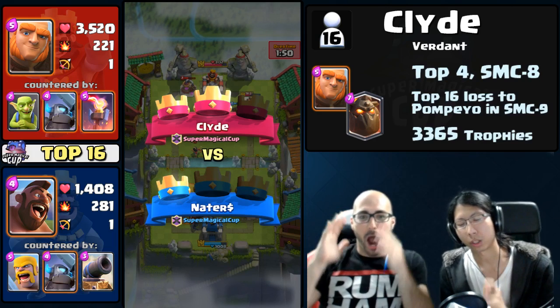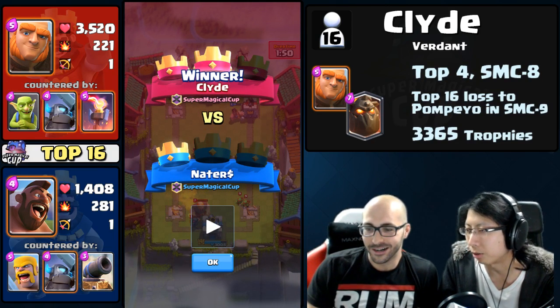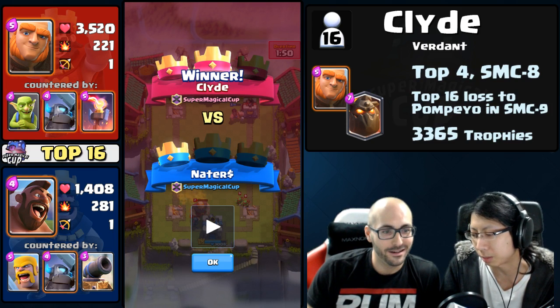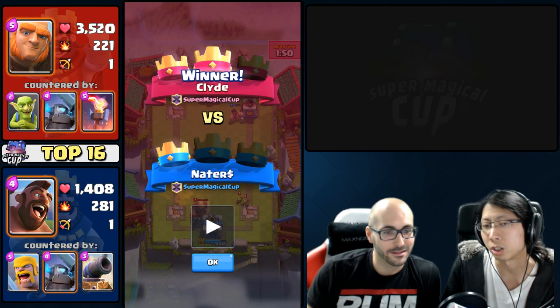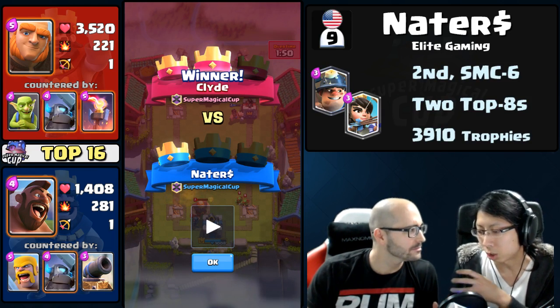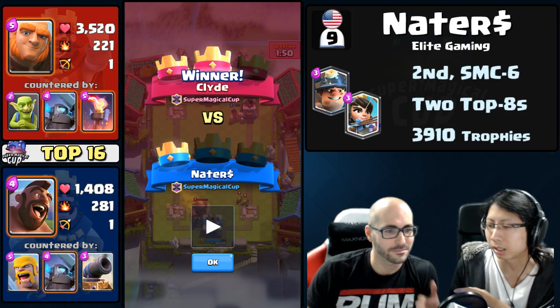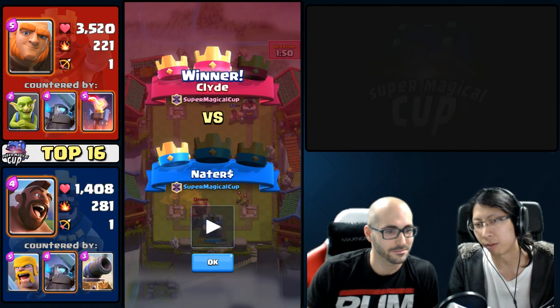Clyde played that situation, the ordering that he placed his cards was so important. He led with the giant aggressively to give it time to cover up that space, to make it to that tower and start swinging on that tower. Forced Naders to try to play cards on the giant to defend. He had that mini P.E.K.K.A. and then the goblins to try to protect his own mini P.E.K.K.A. But then Clyde added on the Princess in the back, and he just had an answer to every single defense